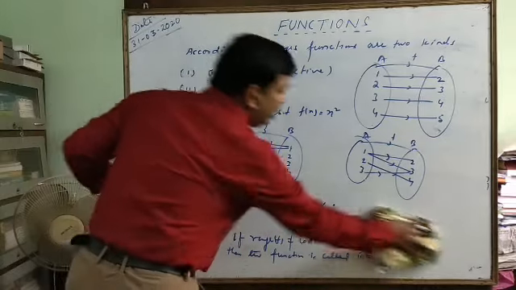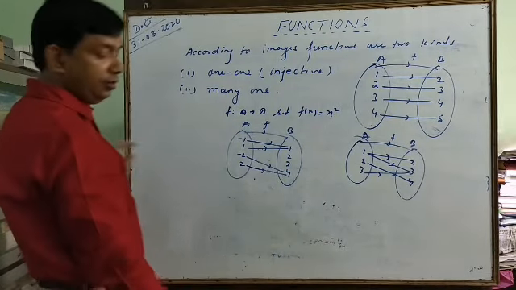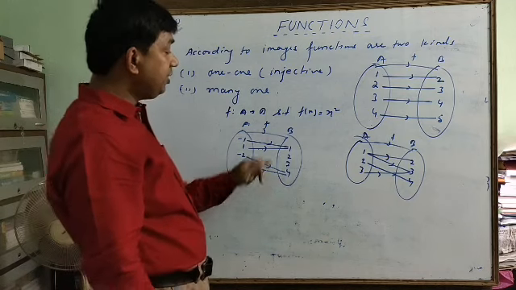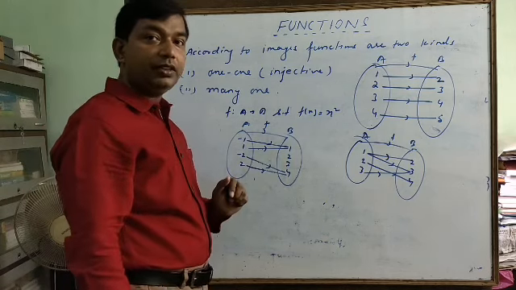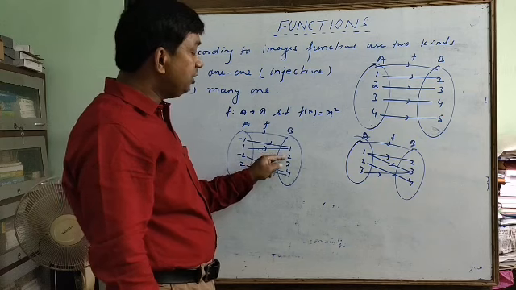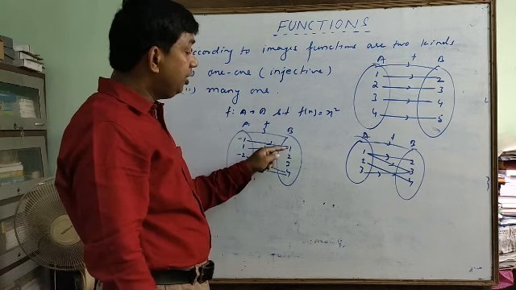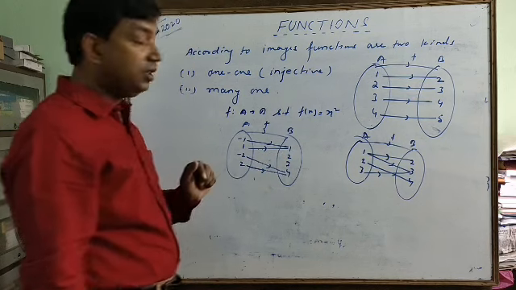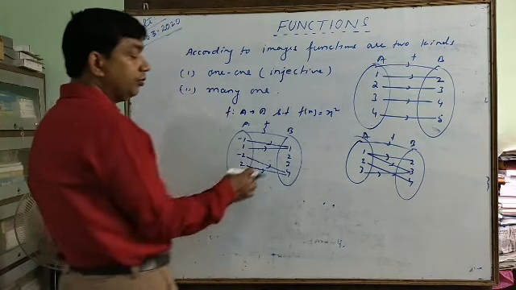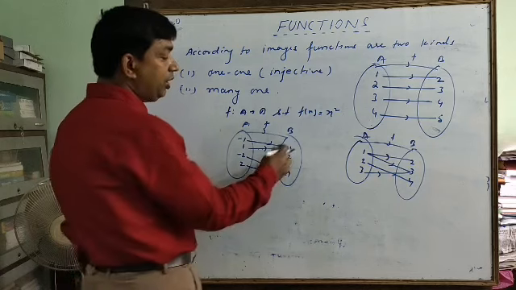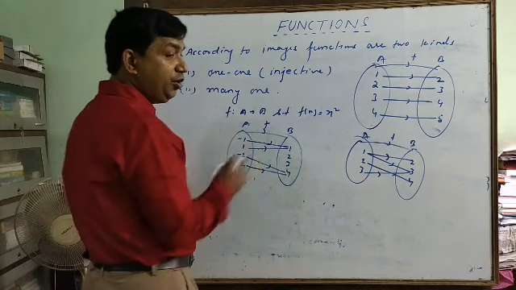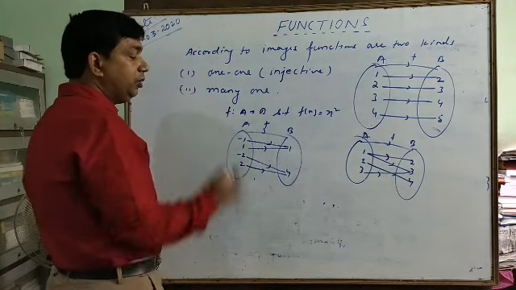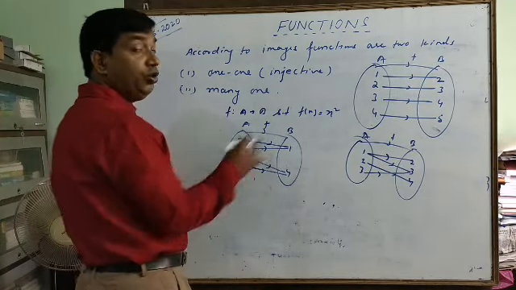Now this is many-one as well. 2 or 3 is an extra element, so we cannot say this is onto, 2 and 3 not containing any pre-image. So this is not onto. This is what, many-one into function. But if I remove this 2 or 3, then it is what, many-one and onto function.